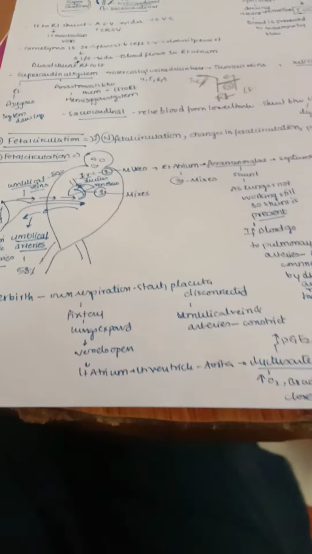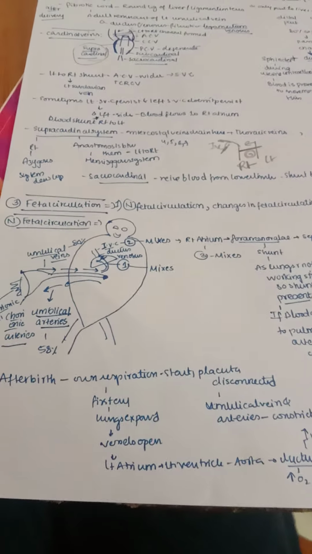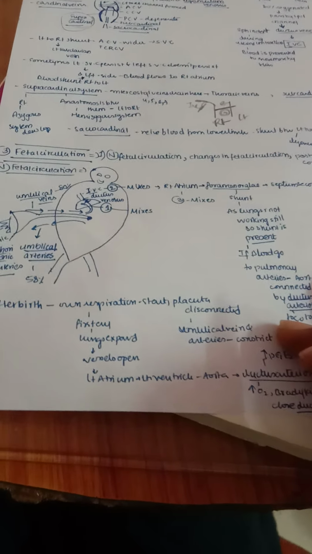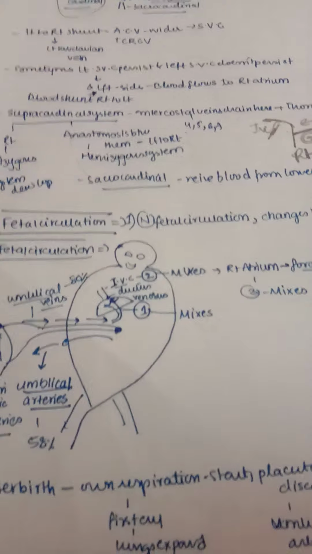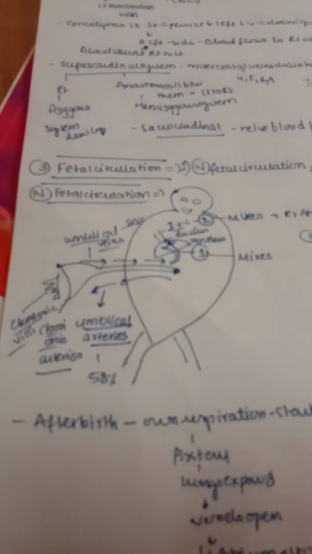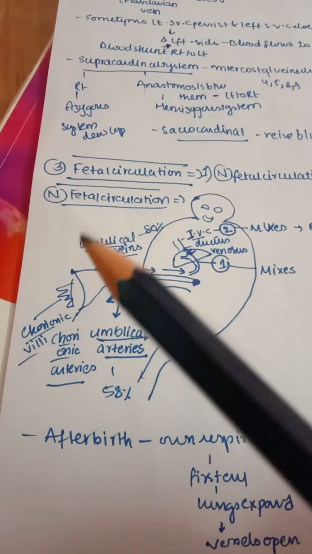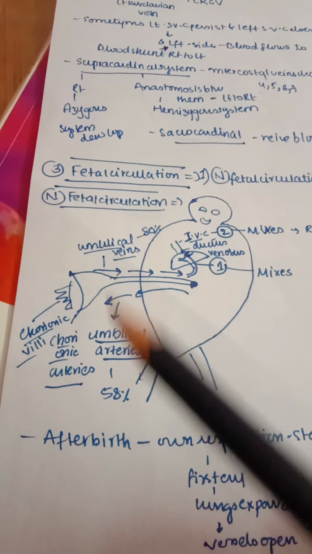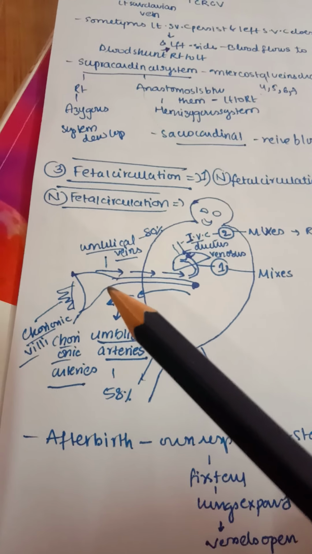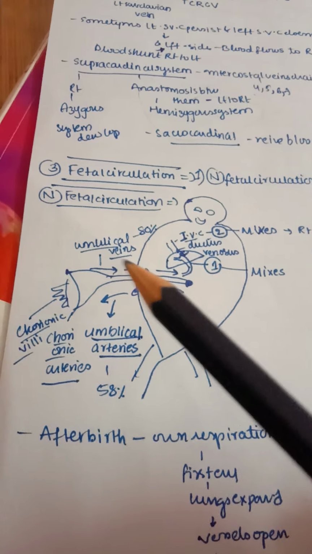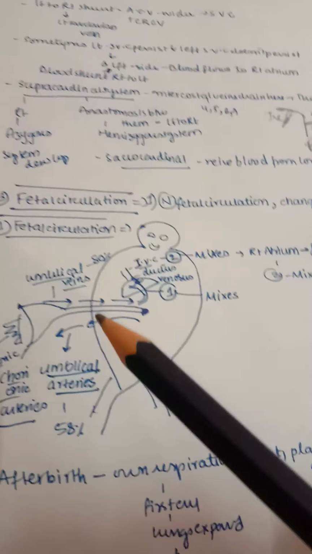Now let us understand the fetal circulation. First we'll see the normal circulation, next we'll see the changes in fetal circulation, and next we'll see the postnatal components. So actually, let us start our discussion. In the fetus we normally have the placenta, right? In the placenta we have chorionic villi and chorionic arteries. Mainly we focus on the umbilical arteries and umbilical veins. We know it's reversed in the case of our baby, because the umbilical veins carry oxygenated blood. About 86% or 85% of oxygenated blood is carried to the baby by means of the umbilical veins.